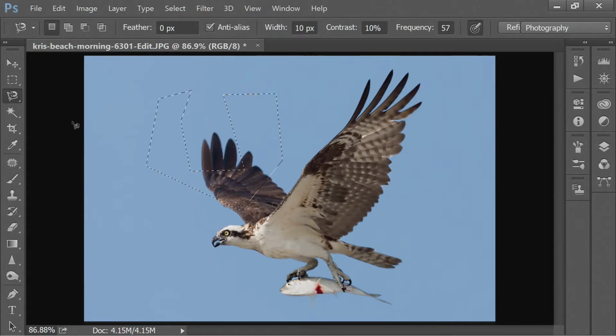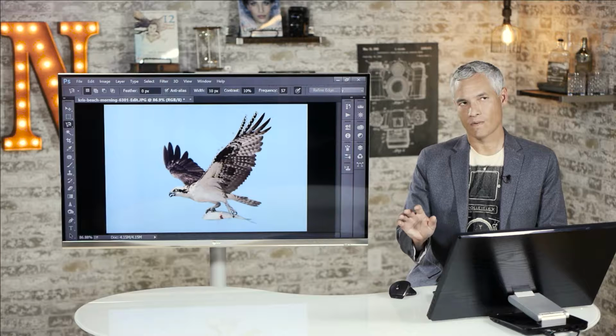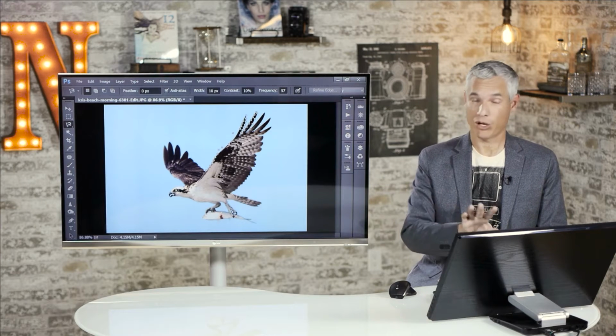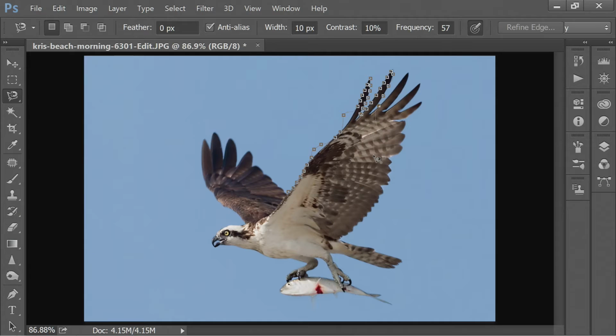The magnet lasso tool is a little bit more useful. I'm just going to hold my mouse button down and kind of roughly drag around the bird, and you can see it's not perfect, but it's kind of grabbing onto the edges. Even if I vary away a little bit, it will suck over to the edge of the feathers there. So it makes it a little bit easier to select edges. I wanted to show you that tool, but there are actually much better ways to select around edges. So I'm just going to hit Control D to clear that selection,